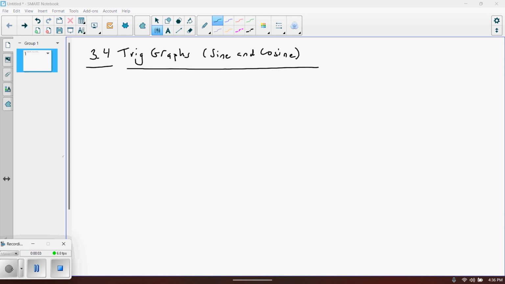Okay, so we're in section 3.4 of Math 146. Today we're going to focus on trig graphs, specifically the sine and the cosine curve. So let's do a little bit of a review of what the sine and cosine curve look like. So the sine curve, if we were to graph, say, sine of theta,